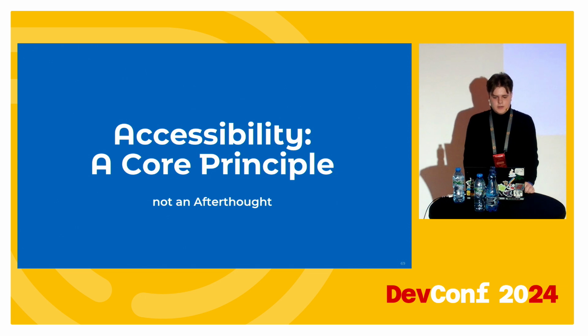Prioritizing accessibility isn't just the right thing to do. It also makes good business sense. Accessible apps can reach a broader audience, and the more inclusive your app is, the larger your potential user base. Accessibility should be woven into every stage of our app development, from the initial design phase to the final testing and even post-launch updates. Gathering feedback from people with disabilities throughout the process is essential to ensure that your product truly meets the standards. The goal is to make your app intuitive, efficient, and understandable for everyone, without any exception.